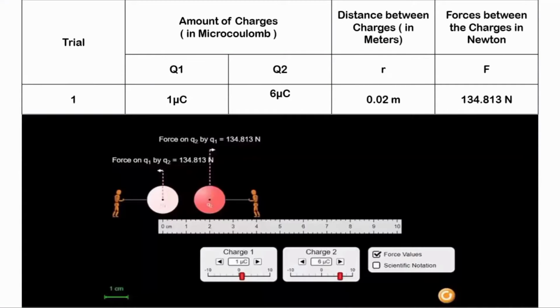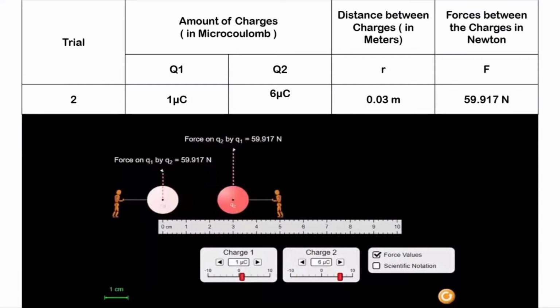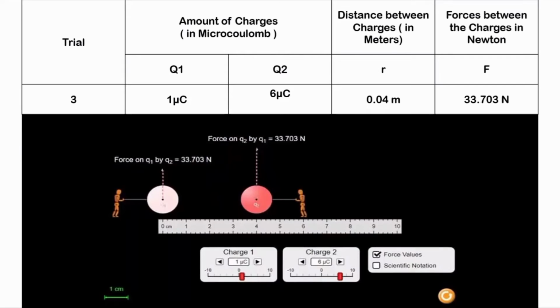For our trial number 1, we have the distance of 0.02 meter, while our force is 134.813 newtons. For our second trial, we have the distance of 0.03 meter, and our force is 59.917 newtons. For our trial number 3, we have the distance of 0.04 meter, and the force is